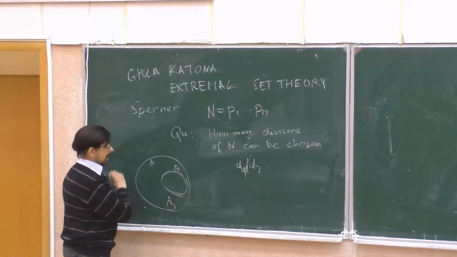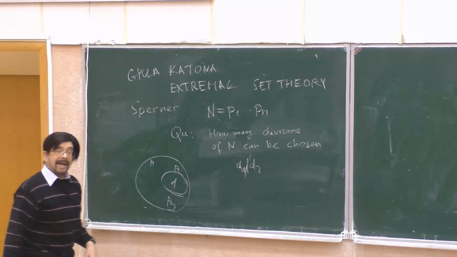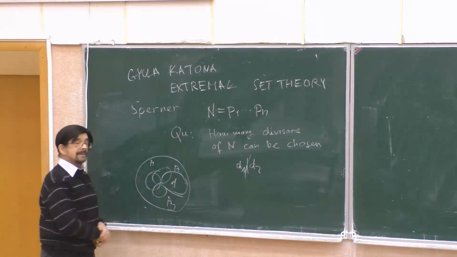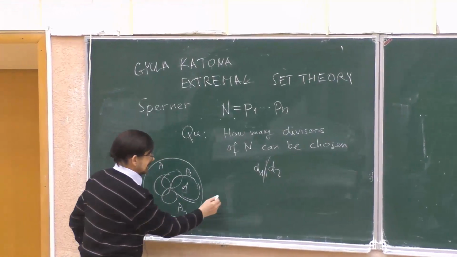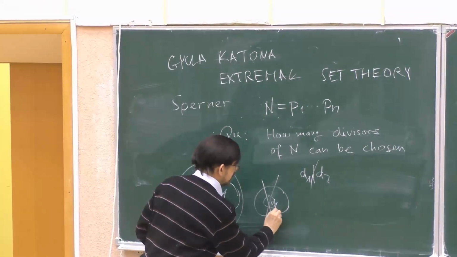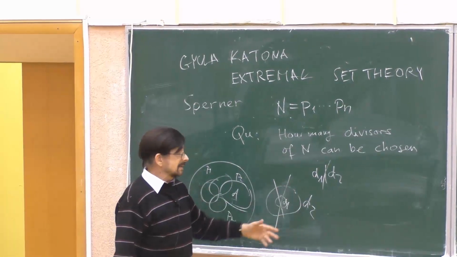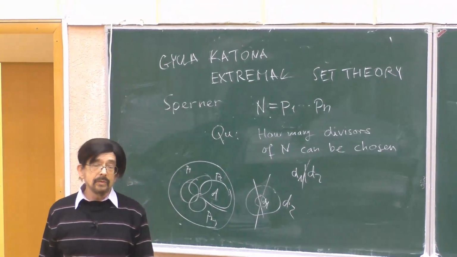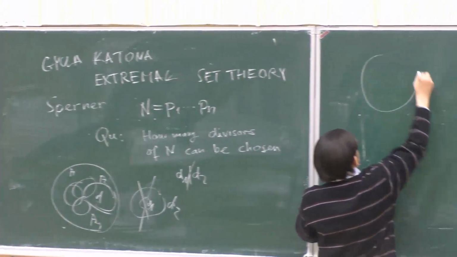So you have to choose many subsets in such a way that this condition is forbidden. Because if this divisor is a product of these primes and the other one is a product of these ones, then this will be a divisor of D2. So this is the question,